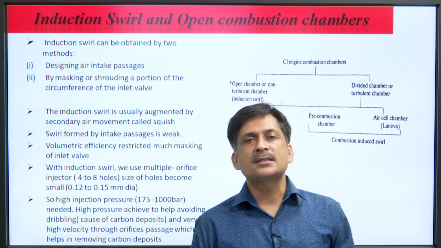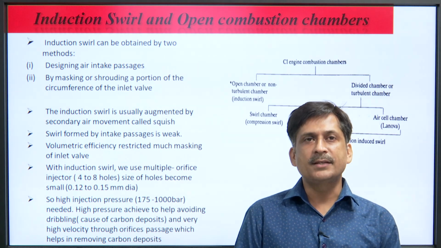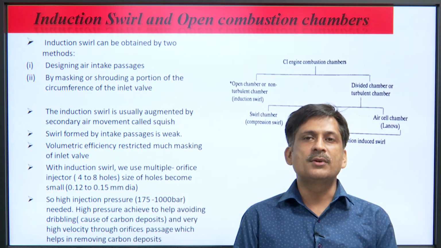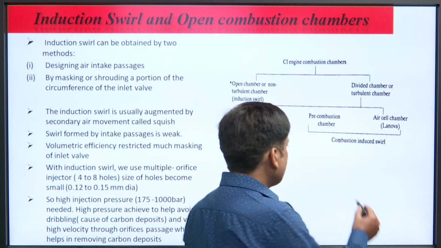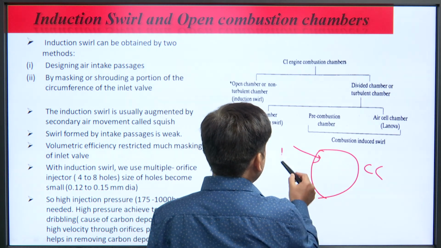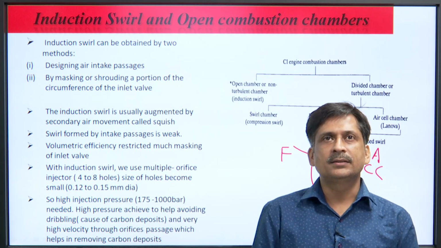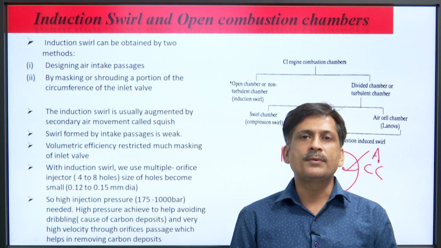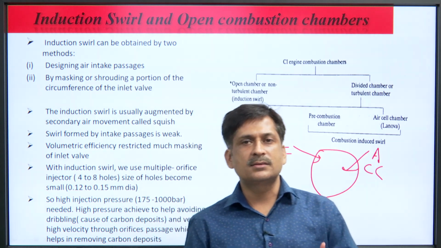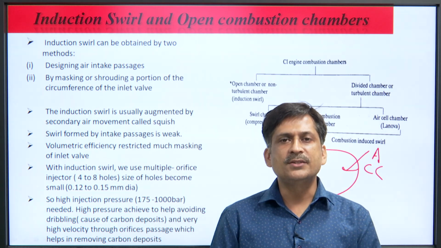So, we have discussed in the last few lectures what the combustion chamber is and how it is designed for SI engines. There are some targets to design the combustion chamber. You all know what a combustion chamber is. A combustion chamber is a space where fuel and air are ignited. If they are ignited with the help of a spark plug, it is an SI engine combustion chamber. If they are ignited by the auto ignition principle, then that is known as a CI engine combustion chamber.